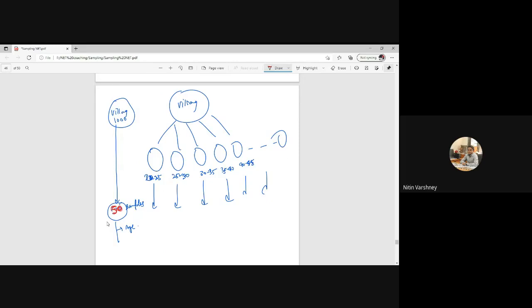So I can easily see that likewise 50 persons will be there, and suppose his age is 25, so I can classify him into this group. Okay, his age is 32, so I can classify him in this group. So by this we first select the sample and then we classify into the particular stratum, so that is known as post stratification.